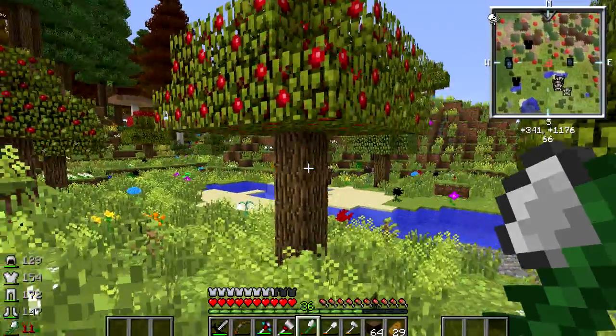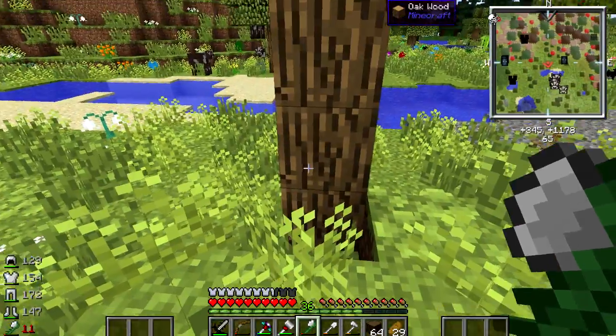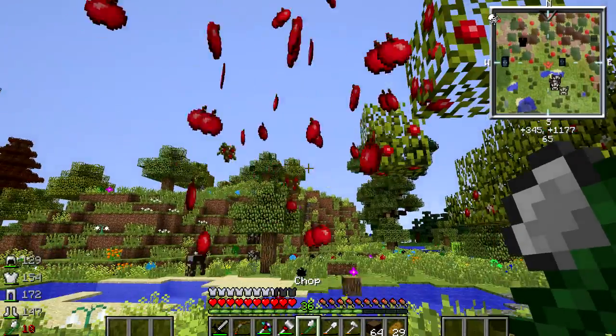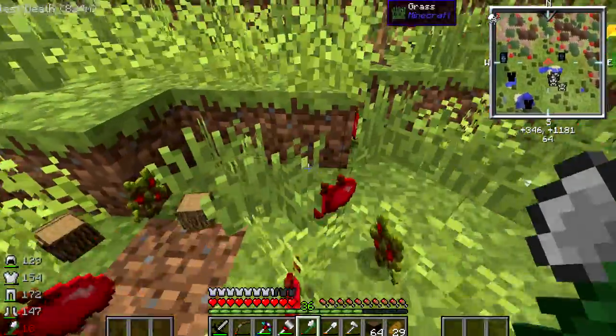But these trees, like right here, they look like oak trees, which they are, but the leaves at the top are different. They are apple leaves. So I'm kind of curious to see if these are going to drop lots of apples. Oh, look at that. That is absolutely wonderful. I love that. Do we get any...